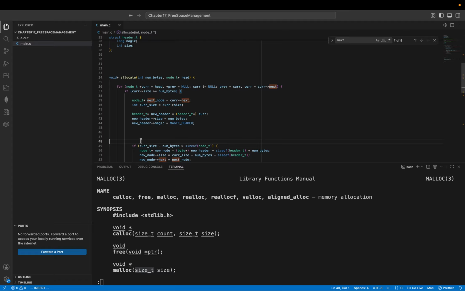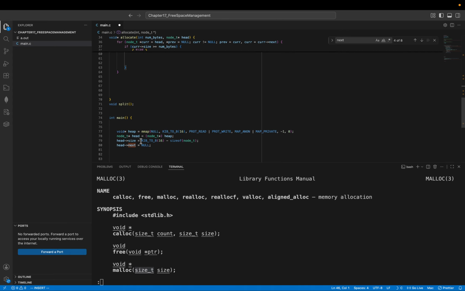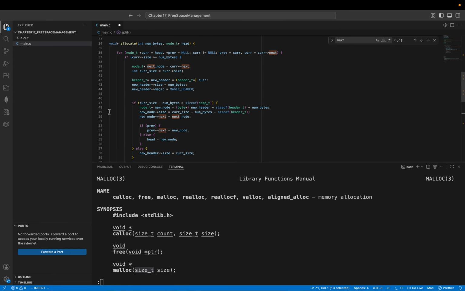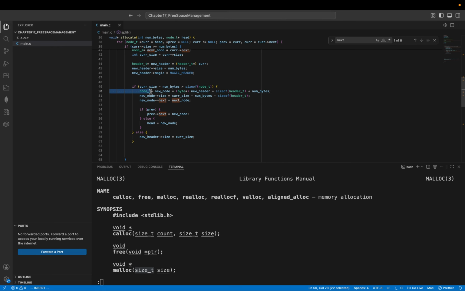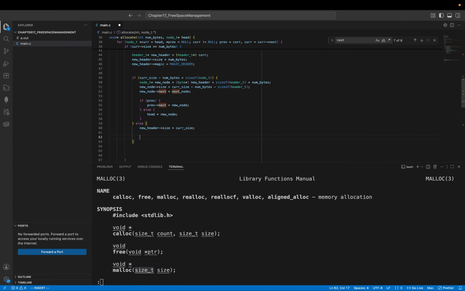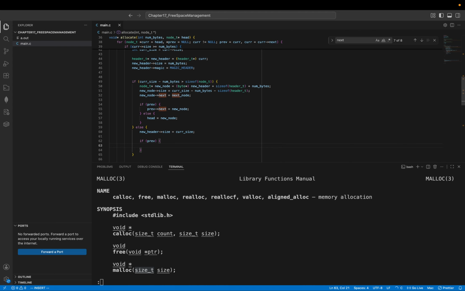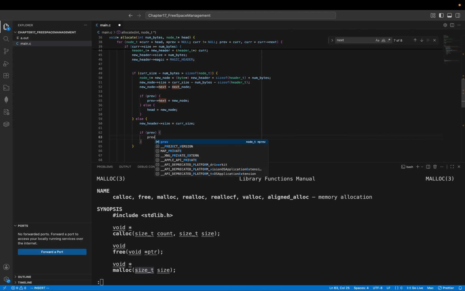But yeah. Okay. So I didn't really write the split function, but I can do that because I feel like the split kind of happened in here, where you kind of made a little chunk and stuff. Hang on, wait. This still requires this. If previous is a thing, then previous next